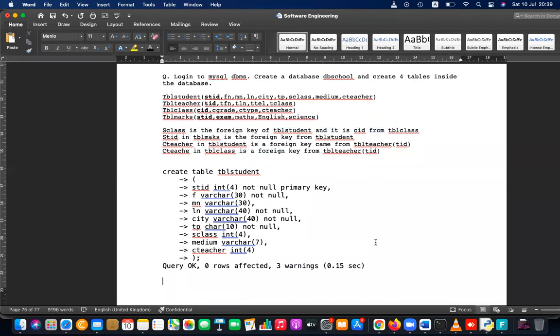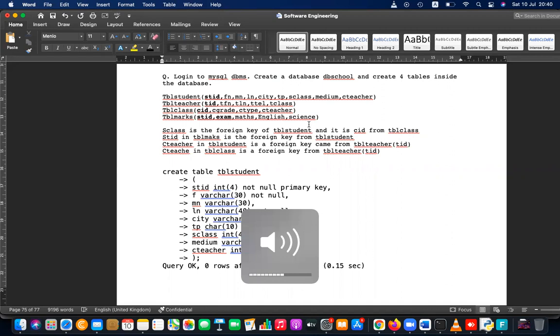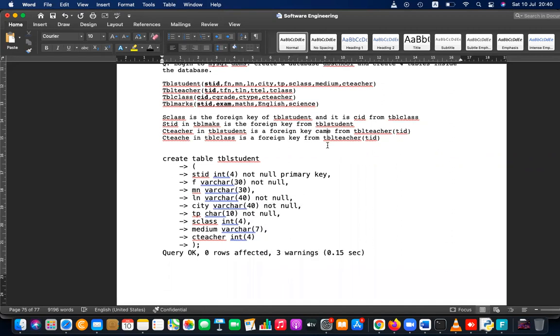Then let's create the second, third and fourth tables, all 4 tables. I need you to create these 4 tables, and if you have difficulty, please ask. You are not small kids now, you are A level students, so you have to be more responsible. If you have any issues, please let me know, then I can help you correct that. I'm not asking to check whether you did the homework, but truly to help you. If you get errors, I have to help you correct them. Then only you will learn.